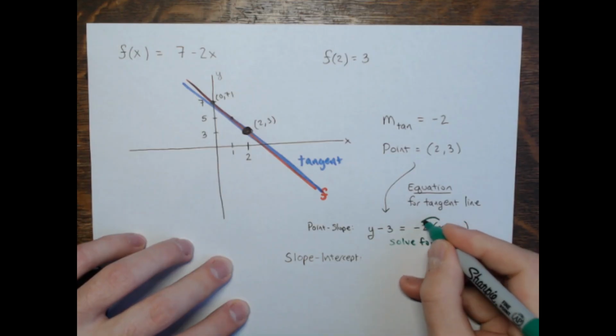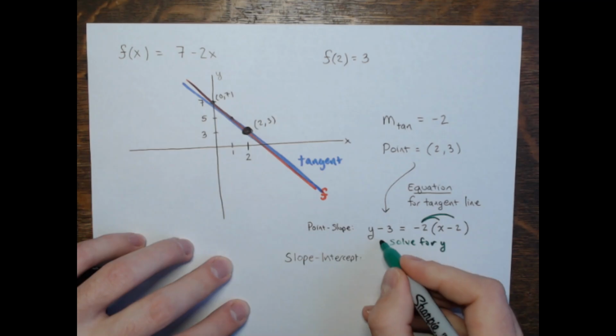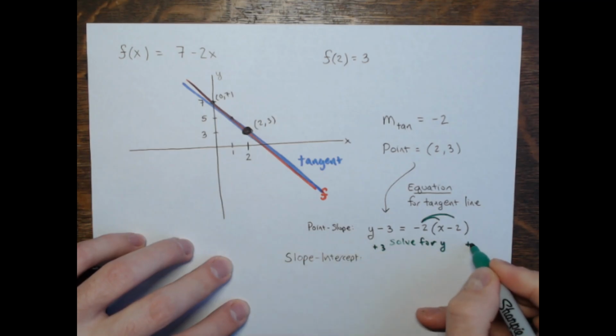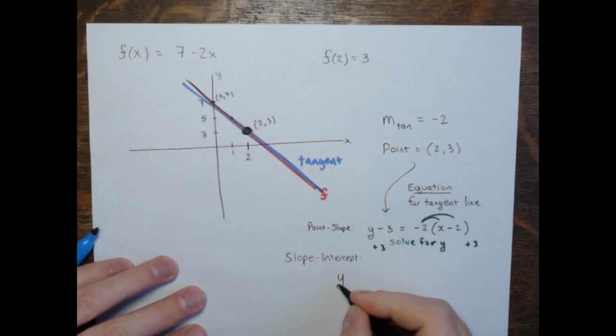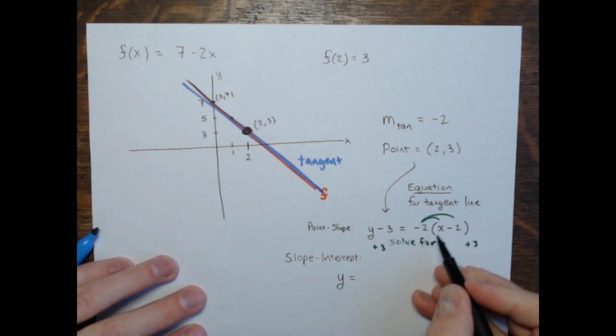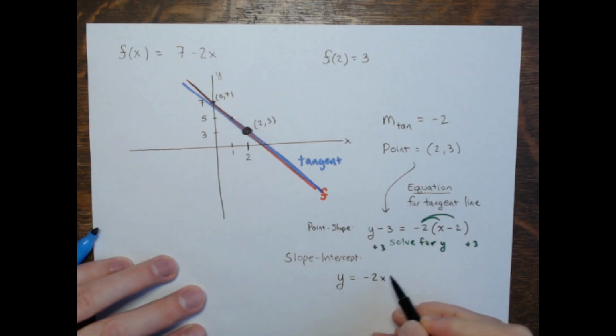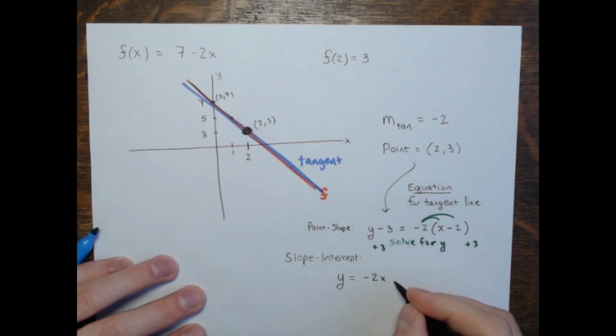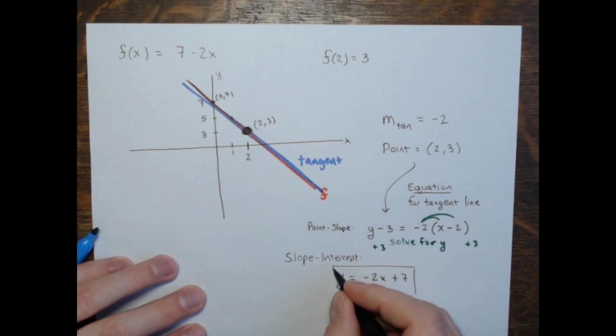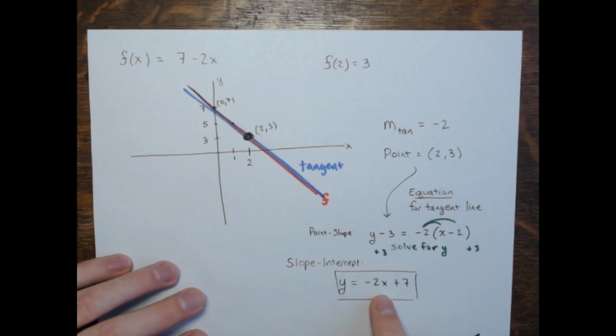So distribute the negative 2, and then I would add 3 to both sides. Right? So if I do that, you get y equals negative 2x, and then you'd have plus 4, and then plus 3, so plus 7. And I already told you, right? I'm not going to do all this in the future